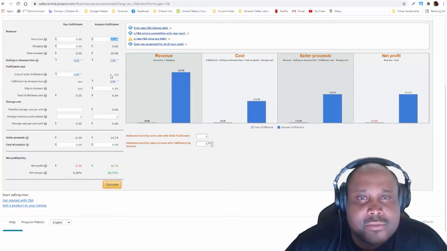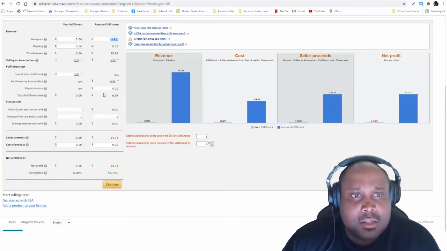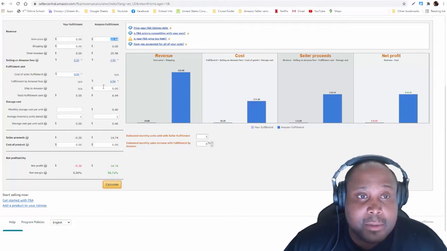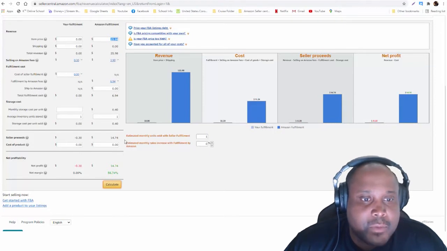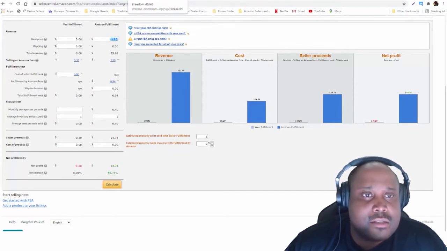They do all your calculations for you, and this is going to be the most accurate, because sometimes people change information like the weight, or these things will get classified as an oversized item when it's really not, or maybe it really is, and you just want to make sure you have the most up-to-date fees. So if we sell this one FBA, looks like you'll make $14.74,